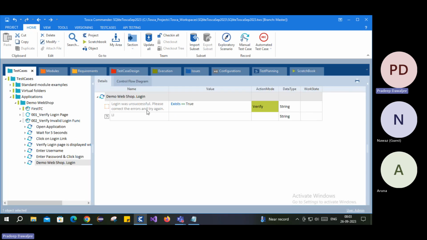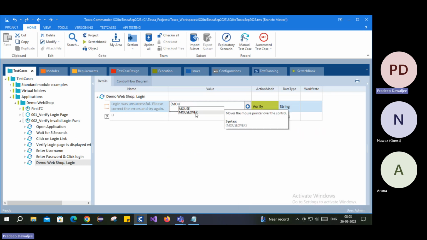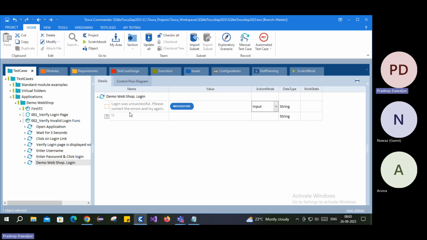Now the next thing is, in this verification, before verifying, let's say I want to just mouse over on this thing. So how can you mouse over? Curly braces, mouse over is what we have as an option from Tosca. You can select this and run, and then action mode for that should be input, because we are inputting this thing from Tosca to application. So it should be this,